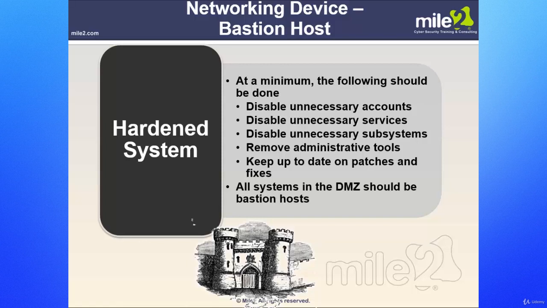All systems in the DMZ or demilitarized zone should be bastion hosts, again, to provide some form of protection with minimal rights, minimal accounts, and unnecessary services and so forth disabled. Okay, so definitely something to look into and to keep in mind as you're going out there